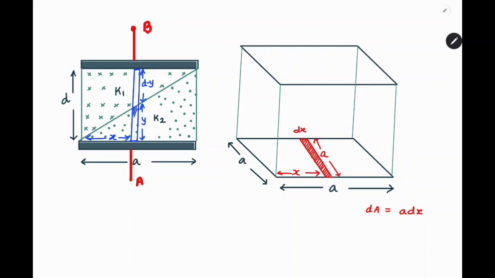So we have two capacitors: the lower capacitor of capacitance C2, and an upper capacitor of capacitance C1. Since they offer very small capacitance, we can also refer to them as dC1 and dC2 respectively. They are in series with each other, one after the other, as the potential is connected across A and B. To calculate C1 and C2, we need to know y as well.